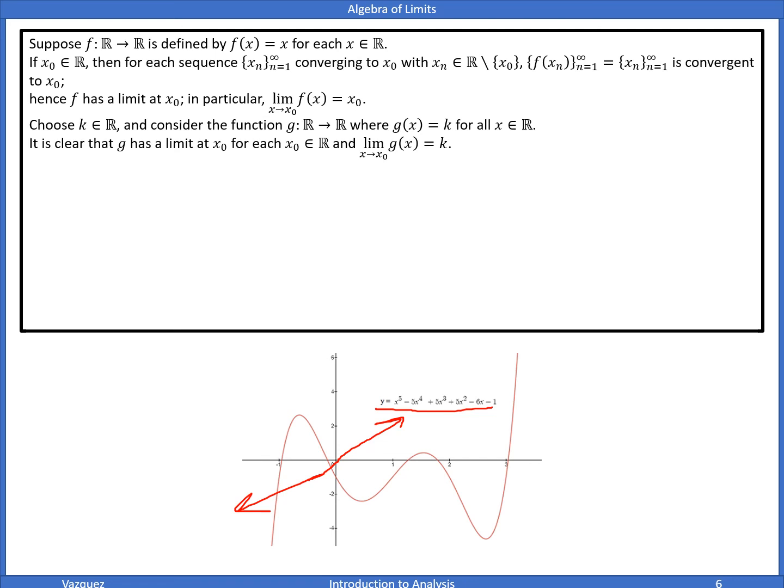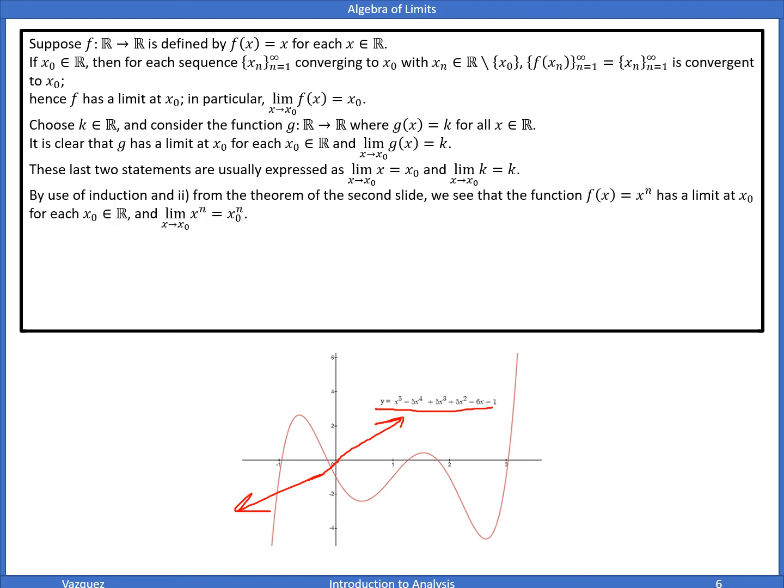Right? And the reason I'm saying this is because now we go into the interesting part. That's just regurgitating what I just said up here. But by the use of induction and number 2, remember the product of the functions where they have a limit is the product of the two limits of the functions. So by induction and number 2, we see that f of x equal to x^n has a limit at x naught,